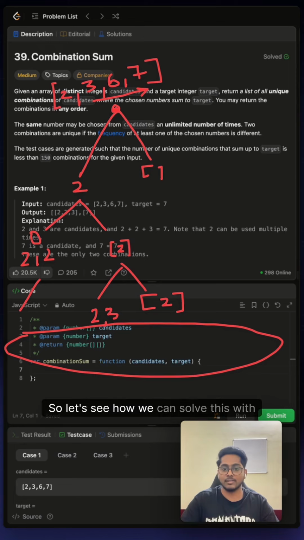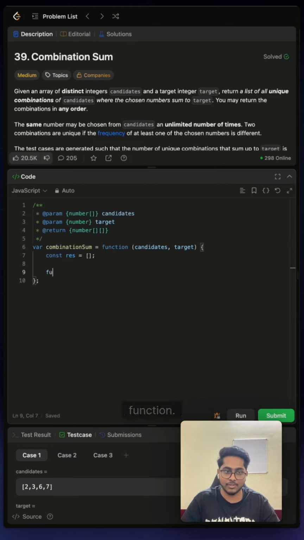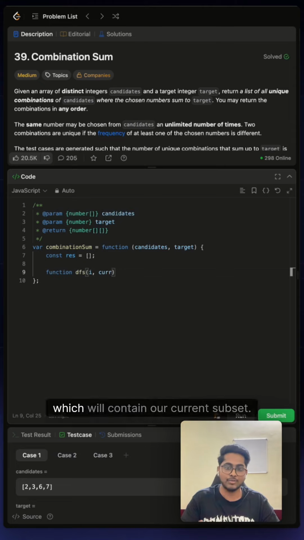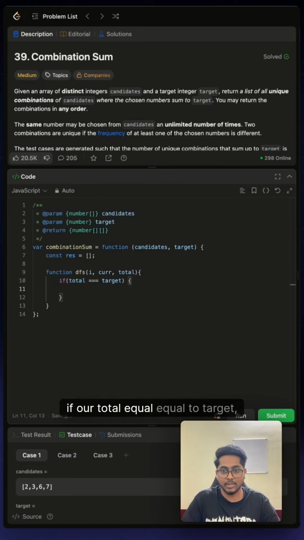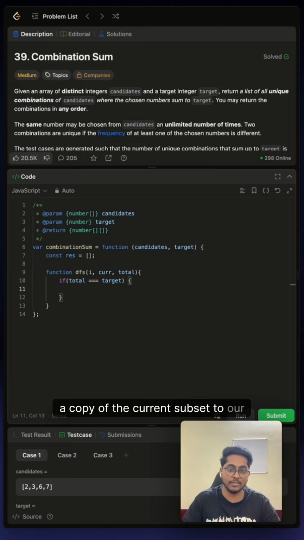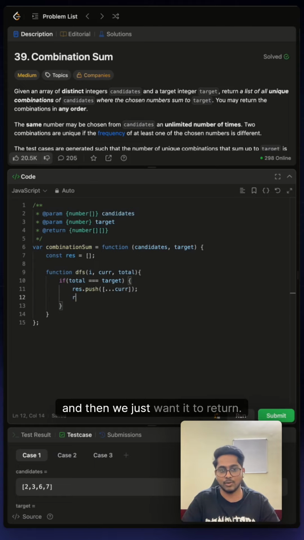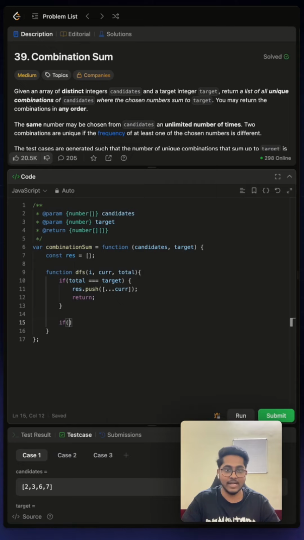So let's see how we can solve this. Firstly, let's start with defining our result variable, which will be an empty array. And now we can write our helper function. Then we will have our current, which will contain our current subset. And then we can have our total. Now for the base case, if our total is equal to target, then we have to push a copy of the current subset to our result variable. And then we just want to return. There is one more base case. Let's say if our index is out of bounds or our total is greater than our target,